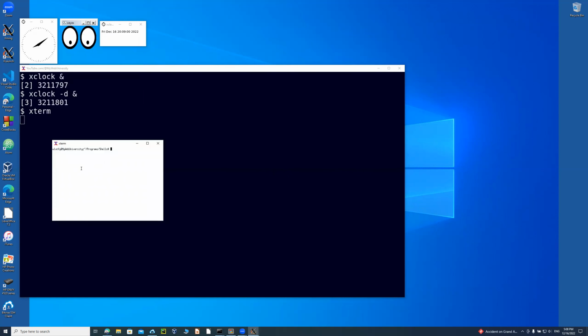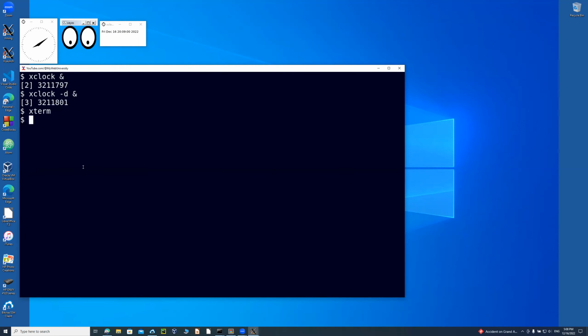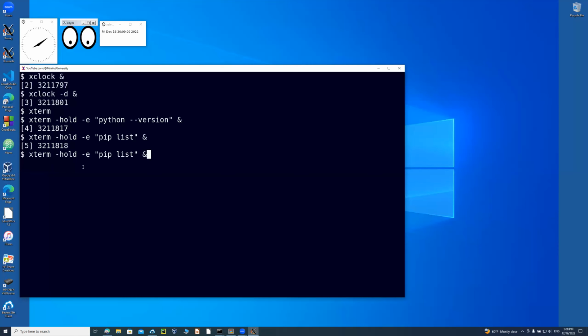So if I just do this command, it is not as helpful, right? So this one I can also run -hold and then say, for example, if I want to see the Python version, -e, and I say python --version. So I can run this one in the background with an ampersand. I'm going to also do pip list. So I could get that one also in the background,